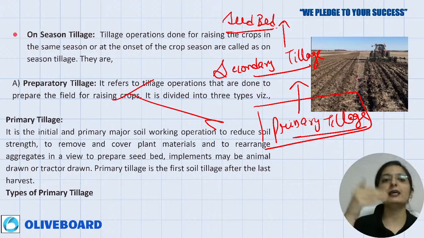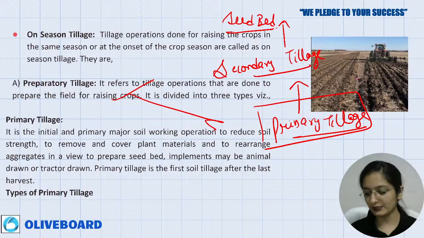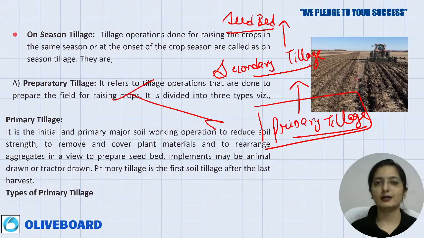You can write कि okay, as far as preparatory tillage is concerned, initially you have primary tillage, then secondary tillage, then you have final seedbed preparation. Why I am saying so as to write along with me, because you will remember it for a long. If you are not following this practice now, you will forget. Are you getting my point?